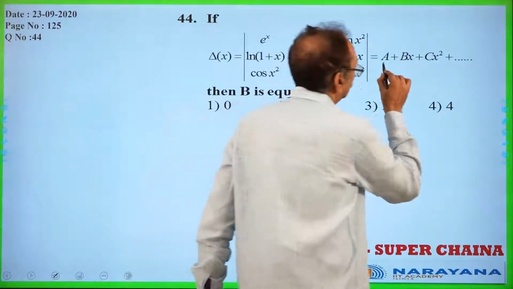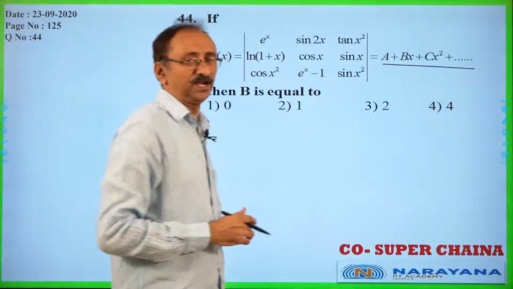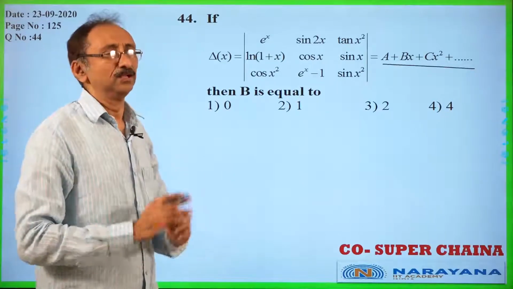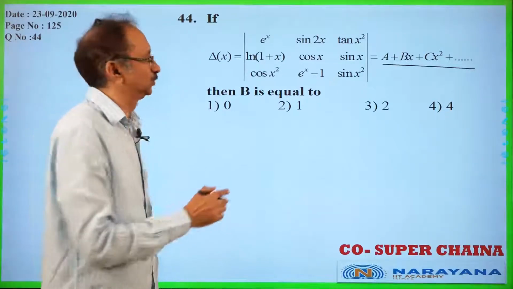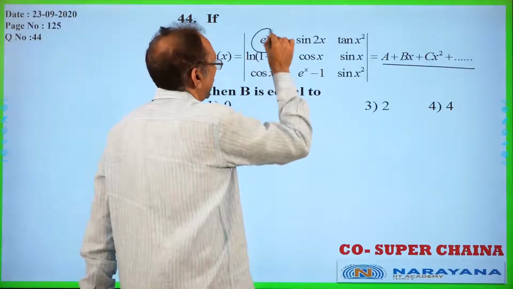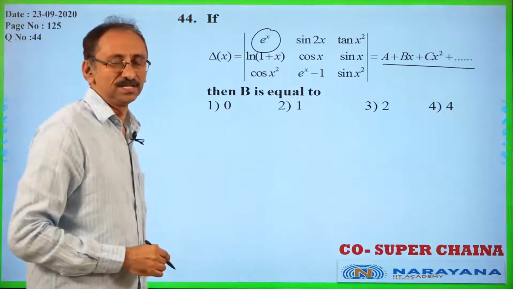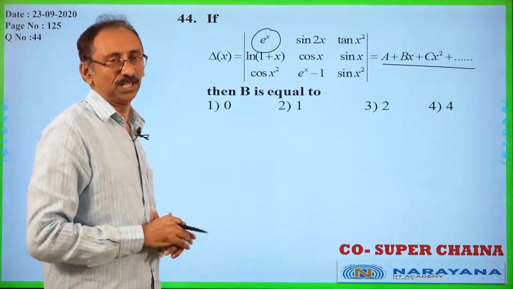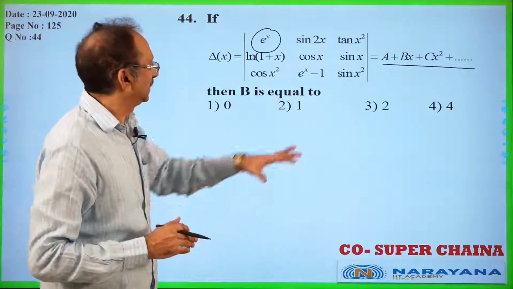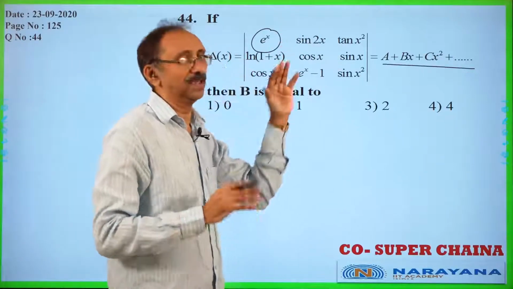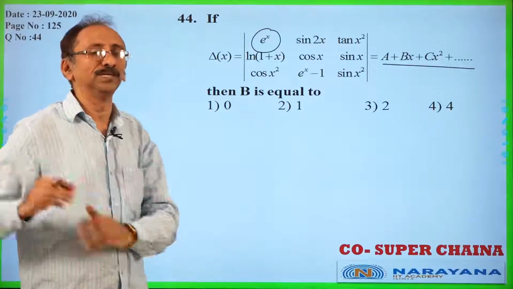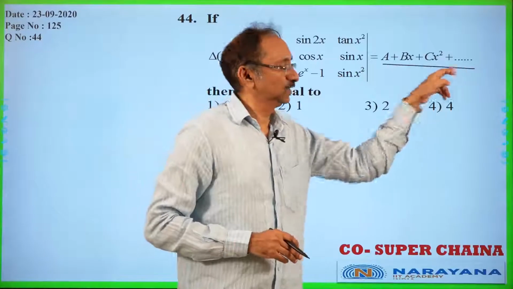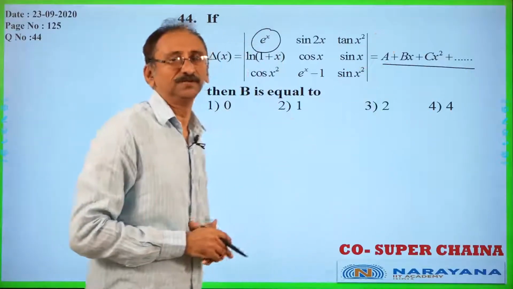But see here, this is a polynomial expansion, an infinite polynomial expansion. So how will you get an infinite polynomial expansion? In later studies, in higher classes, you will learn that e power x has an infinite expansion, that is 1 plus x by 1 factorial plus x square by 2 factorial plus so on. Similarly, every expression written here has an infinite polynomial expansion. Therefore, by simplifying that, definitely you will get an infinite polynomial expansion.